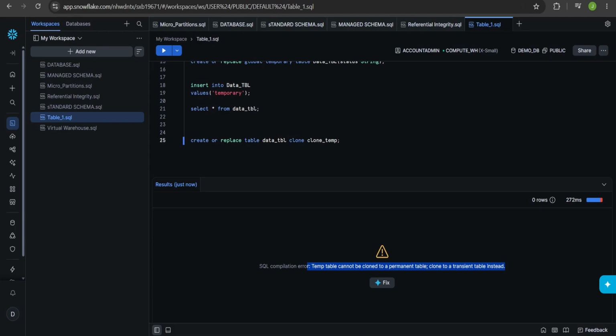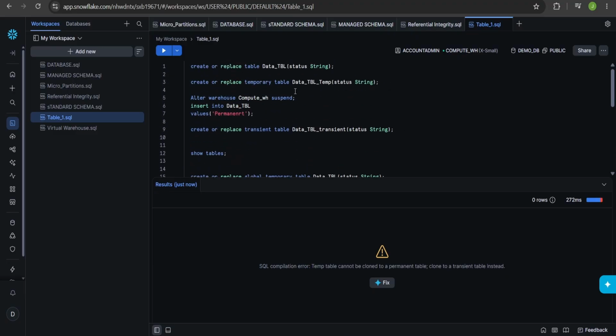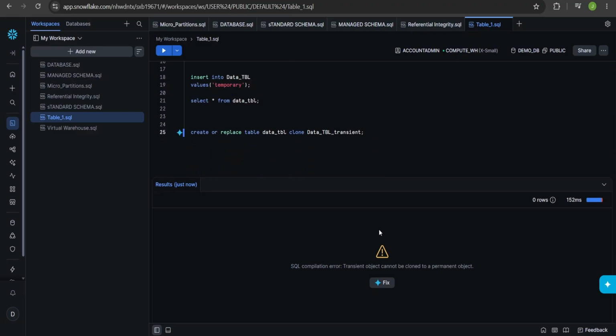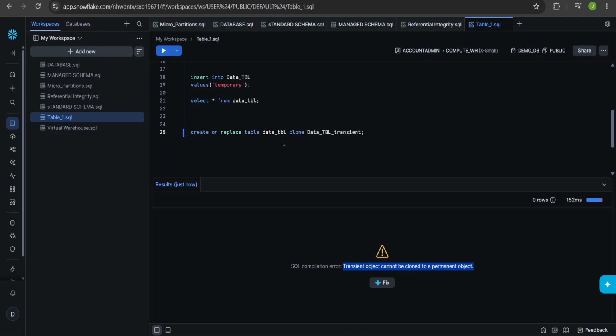Okay. Let me go back, and now I will change this temporary table to a transient table. This one. Let's see if this works. See, a transient table cannot be cloned to a permanent table. So these two properties are for the permanent table: if you want to create a permanent table clone on top of a temporary or transient table, you cannot do that. Okay.